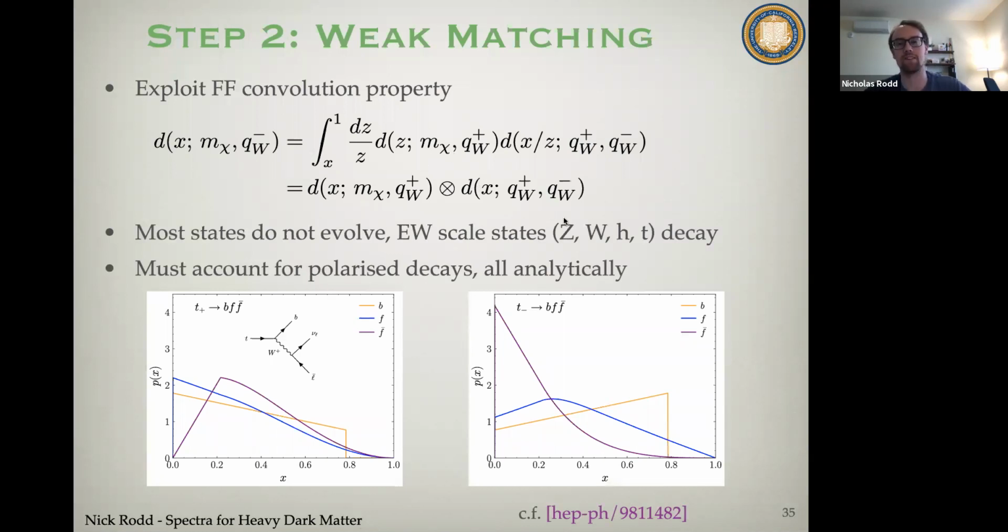You just need to calculate, at the level of accuracy we're working, just the tree level decay of these particles. The one thing that makes it just a little bit fiddly is, remember I said that no matter what you do, you're going to generate polarization. And so therefore you need to account for the fact that, for example, the left and right-handed tops will decay differently. And so you need to account for that carefully and get the different decay spectra out of these.